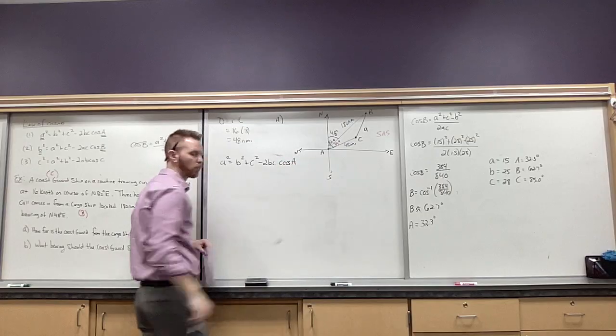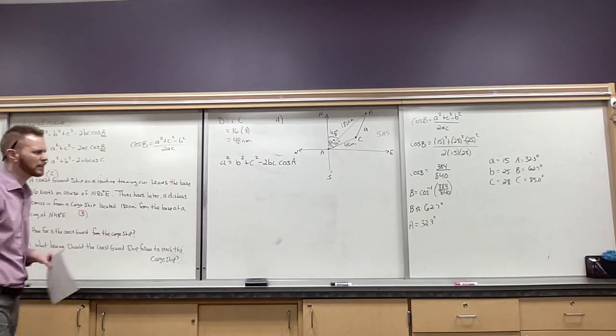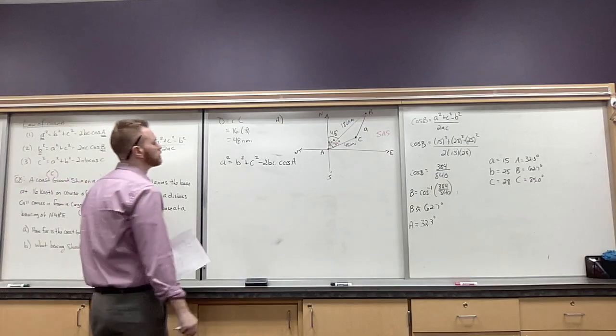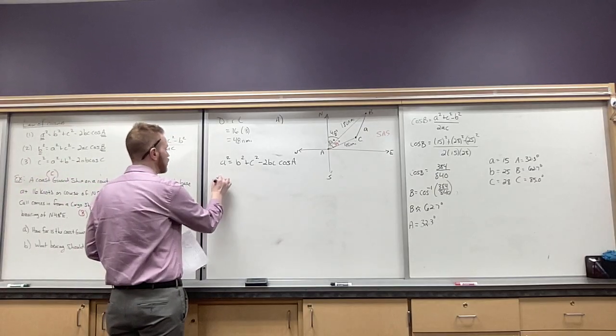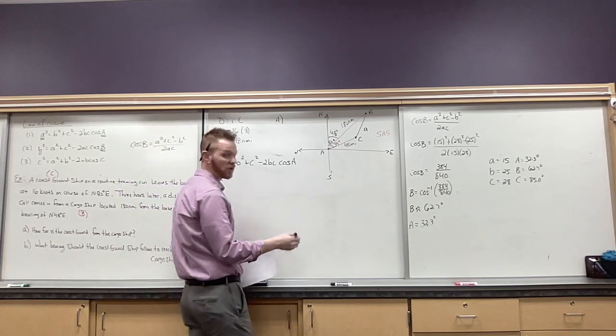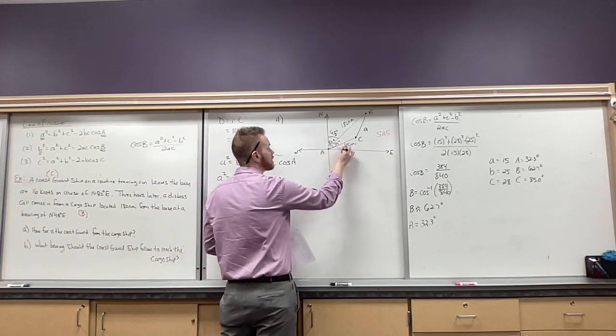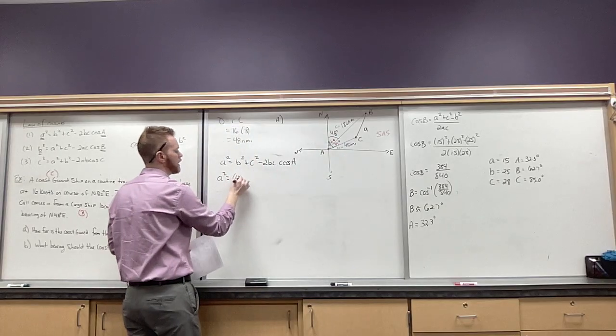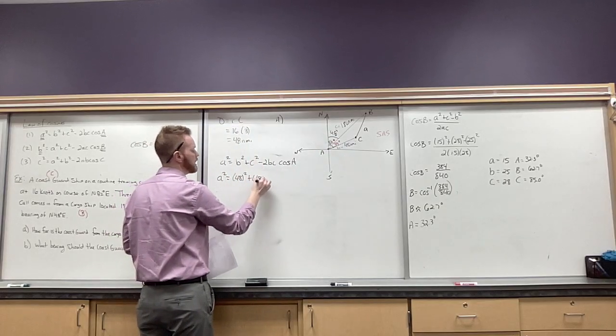The more you work with this formula, the more you just start memorizing it. You know the pattern, you know what it's going to look like. All right, a squared I don't know yet. Let's see. B, I should have labeled this too, huh? B is this guy, and then C is this guy. So this is going to be 48 squared, 180 squared,